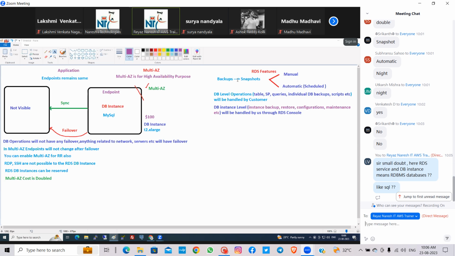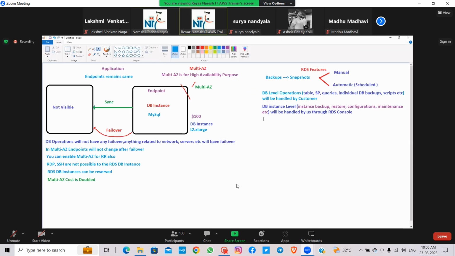Now, guys, patching of your DB instance will be handled by whom? If you want to install any patches, who will take care of it? AWS should take care, because the entire server is handled by AWS. If you are using, for example, MS SQL 4.0 and the version has increased to 4.1, 4.2, 4.3, or 5, who will take care of all these things?